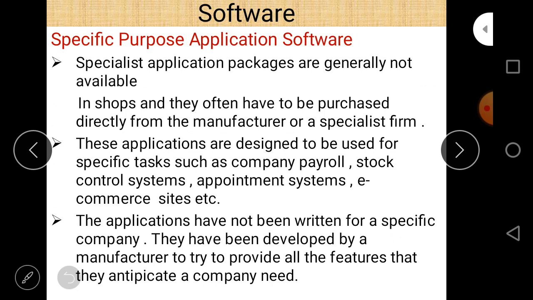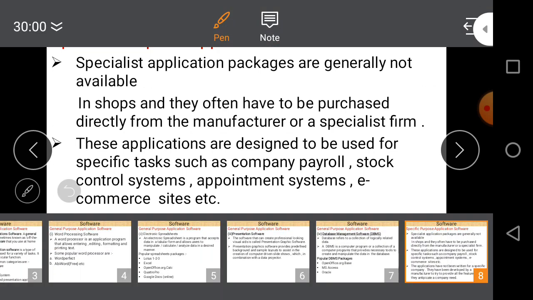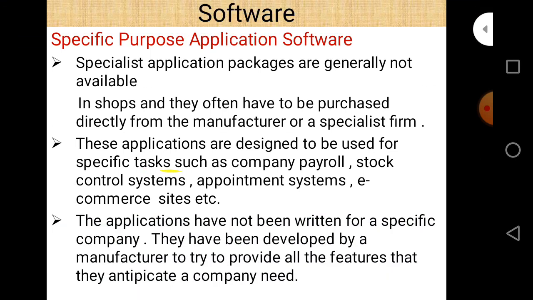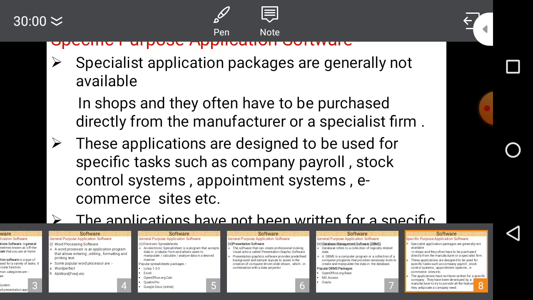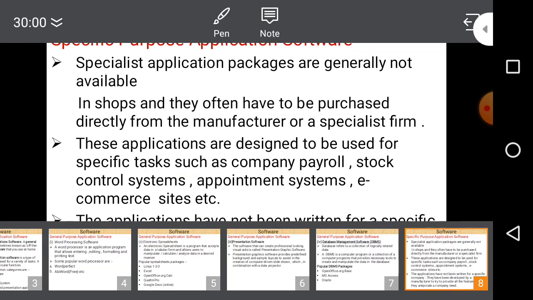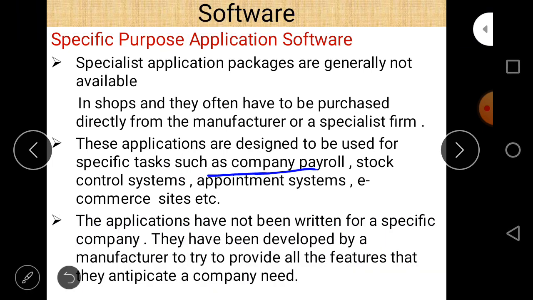These applications are designed to be used for specific tasks such as company payroll, stock control systems, appointment systems, and e-commerce sites, etc. The applications have not been written for a specific company. They have been developed by a manufacturer to try to provide all the features that they anticipate a company needs.